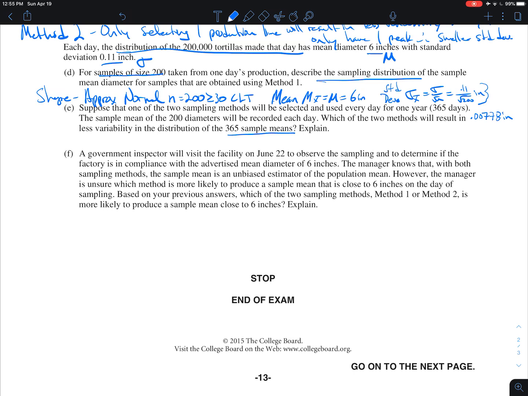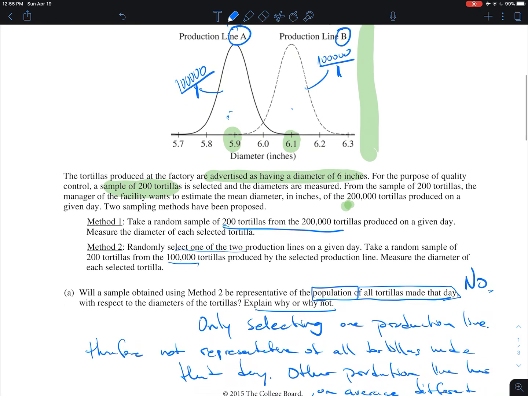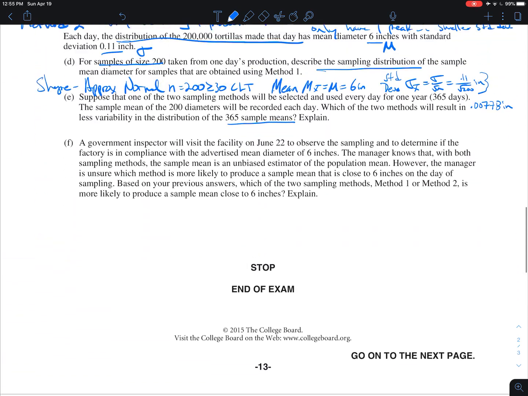So we have the choice of taking the two different distributions collectively, or the production lines, excuse me, that bimodal distribution every day, or we can randomly pick one of the two production lines and sample from that one on each day. But on day one, I may choose production line, what was it called, A? So I might choose this guy on day one, this guy on day 2 and 3, and then this guy on day 4, and so on. So that would be method 2. And if I'm bouncing back and forth,